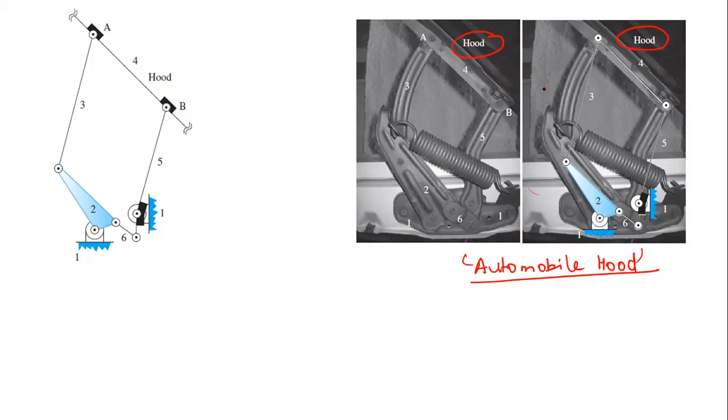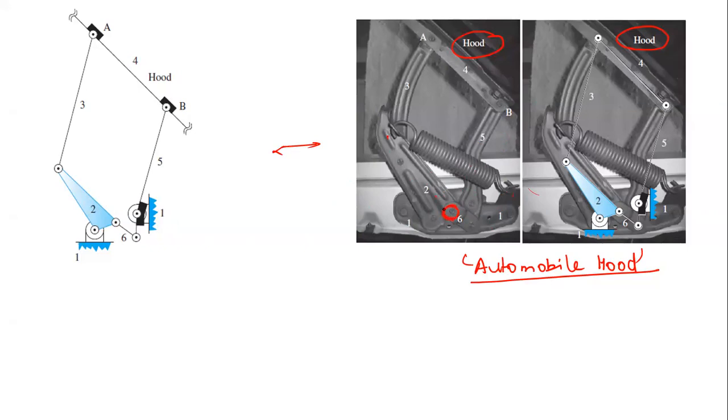Now this is the actual representation. Generally this automobile hood is a very good example of a kinematic mechanism. So here you can observe that while we open the hood, open this door, you can very easily model this as a kinematic diagram. So see this link 1, it is modeled here as a fixed link, because it is fixed to the frame of the car. Then this link 2 is modeled as a ternary link. You can very easily observe here. And these two links are connected by pin joints.